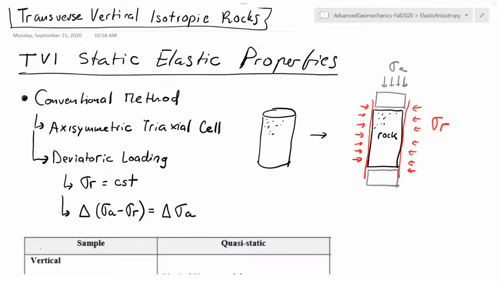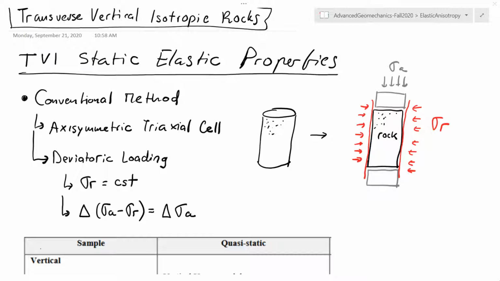In this video, we're going to start to see how to measure the properties of a transverse vertical isotropic rock. First, we're going to get started with the static properties, and then we'll talk about the dynamic properties. For the static properties, we usually use an axisymmetric triaxial cell for measuring the stiffness and elastic properties of the